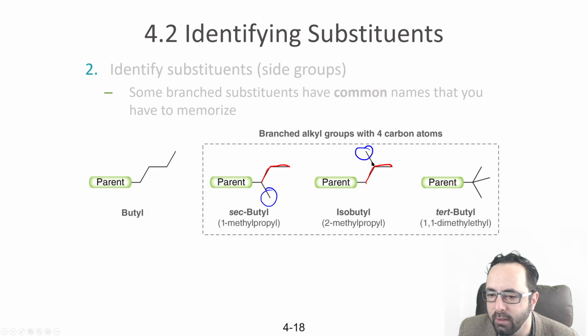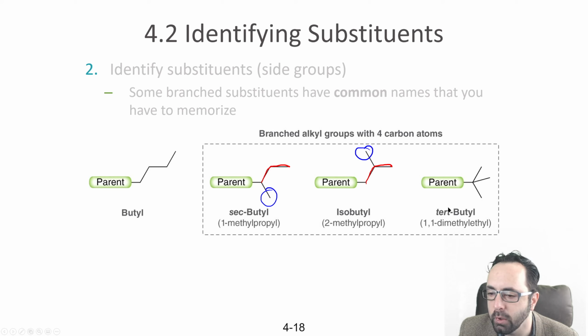And the ones that are iso tend to have branches that are not off the main carbon, the ones that are called iso. So that's just some general way, so you don't have to memorize 100%. When they're saying iso, it's generally one where there's a branch branching off on the carbon next to the carbon attached to the parent.